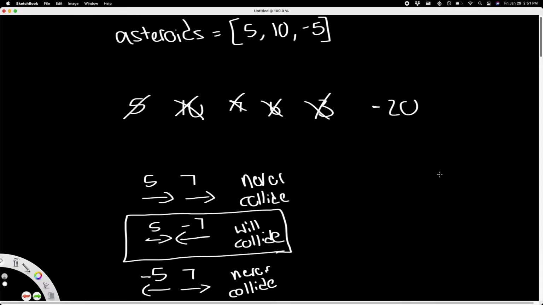So we know we'll be using a stack and a while loop. We also know what condition to check for. We know that the only one we want to check for is that the current asteroid we're looking at, if that current asteroid is negative and the last asteroid